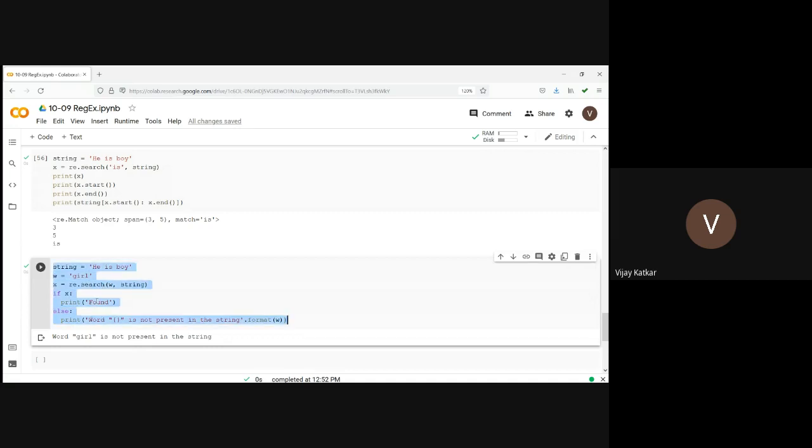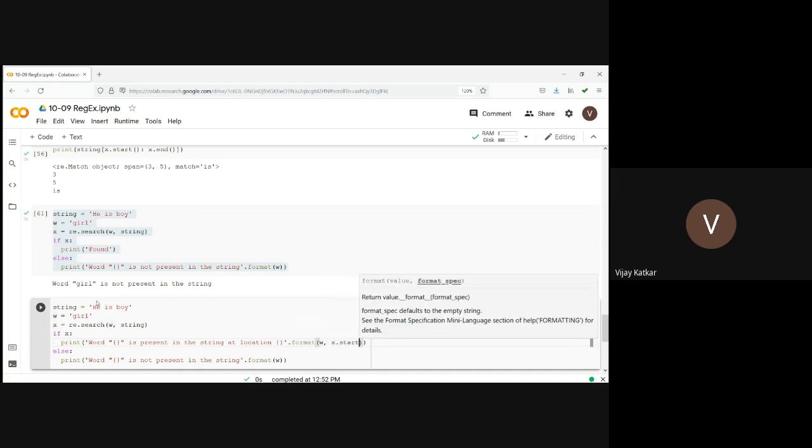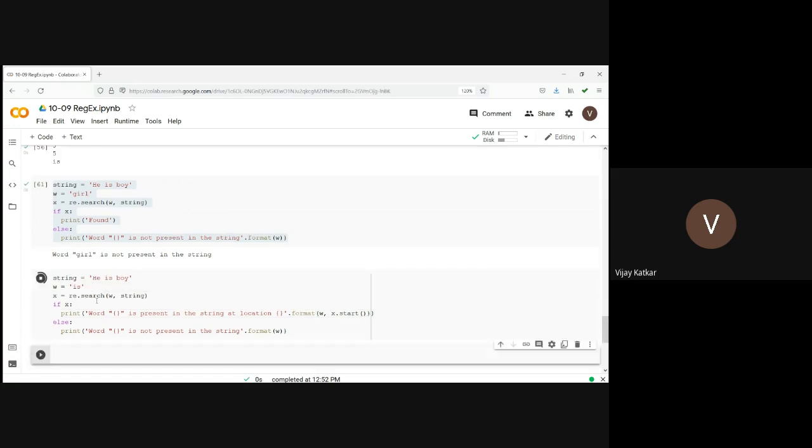So let's say here I can write word W is present in the string at location, and here I can write W comma x.start, and let's say here I am replacing girl with is.